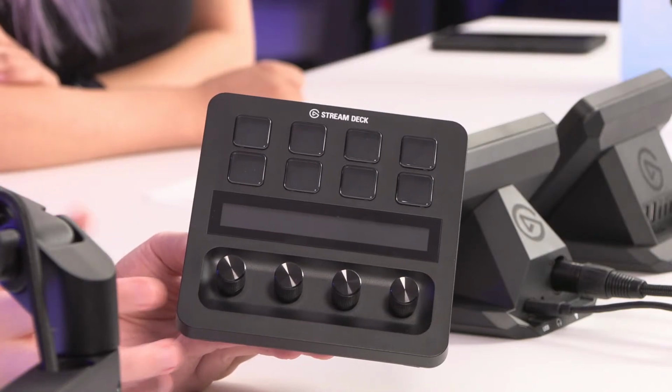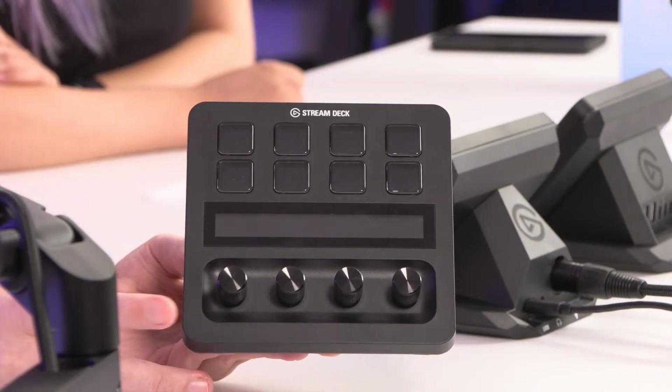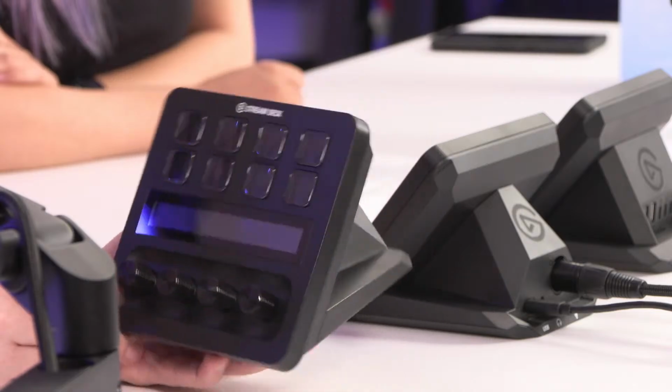Are there any downsides to the original Wave XLR? I still use my Wave XLR to this day. I love it. If you're just asking for general downsides of the Wave XLR, I think it's one of the best XLR interfaces on the market. It's clean, it's easy to use,